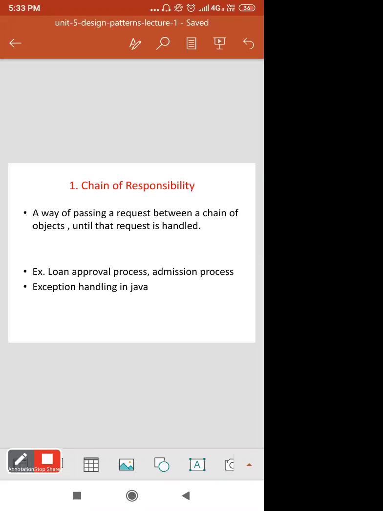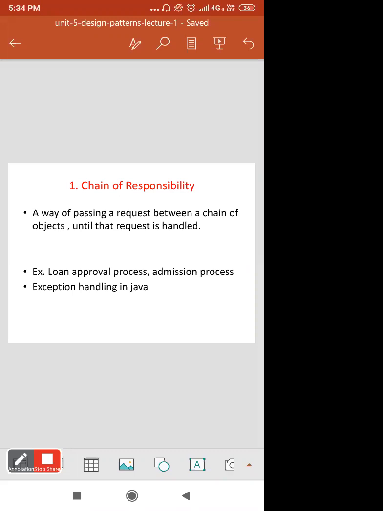So that is the chain of responsibility, a way of passing a request between a chain of objects until the request is handled. Examples are given here: a loan approval process and an admission process. Like in a queue, you are a requester who requests some service, and the chain is maintained until your request is satisfied. So that is the chain of responsibility pattern.